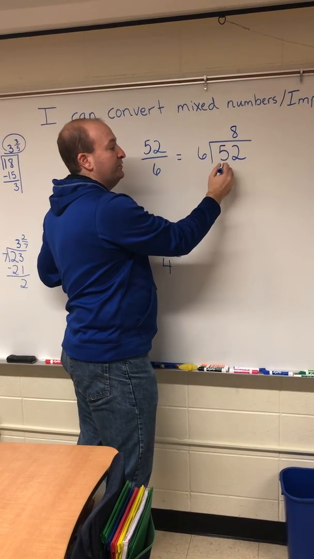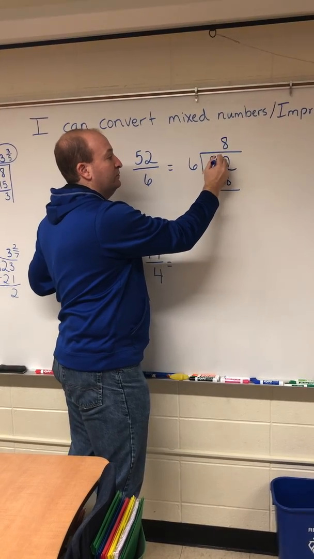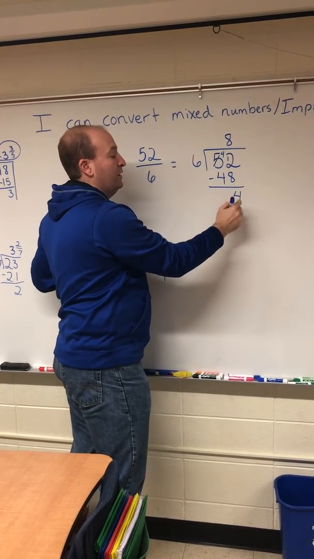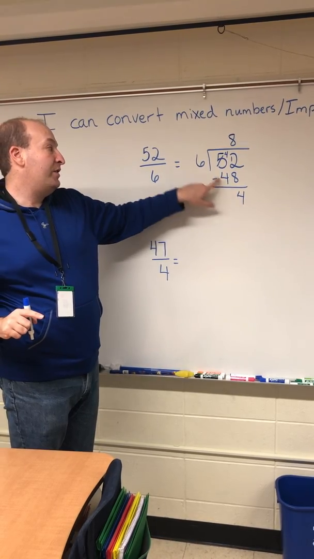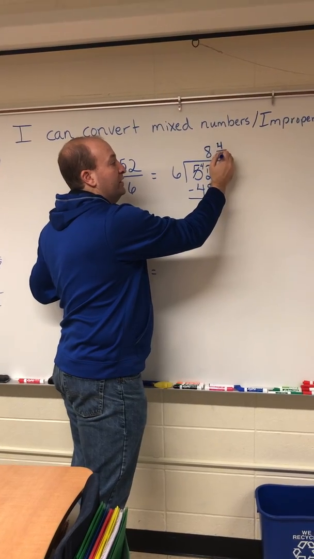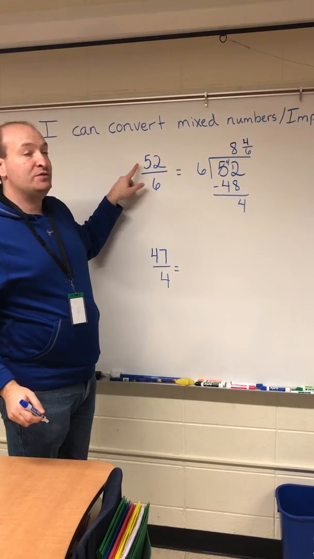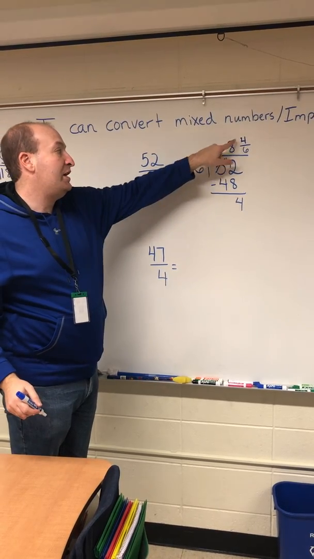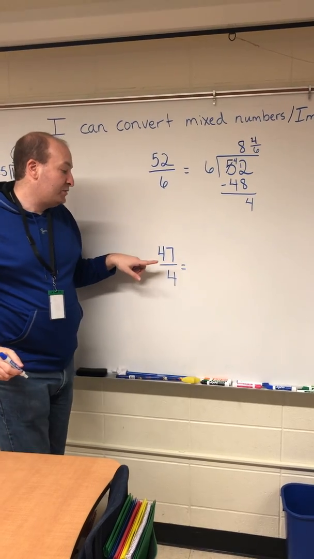8 times 6 is 48. There are 4 left over. Now again, I can turn this into my fraction. 4 left over divided into 6 pieces. This improper fraction, 52/6, is equal to 8 4/6. Last one. The last one I have is